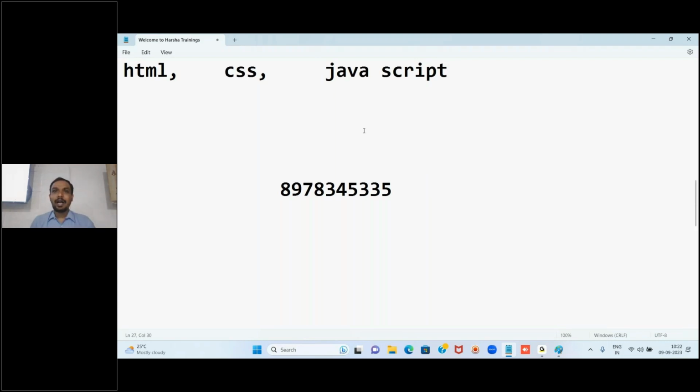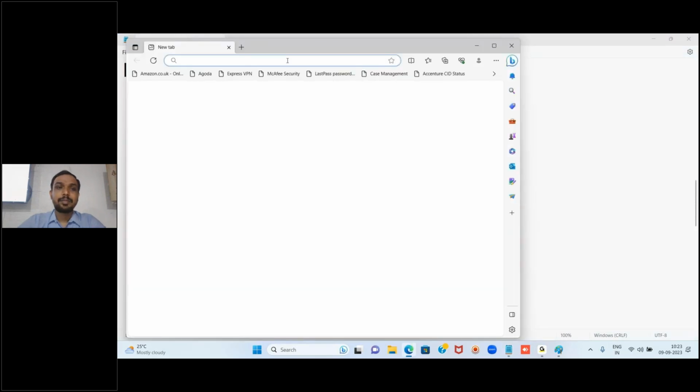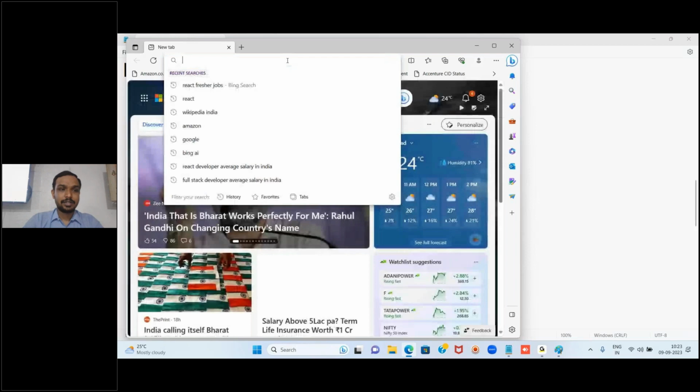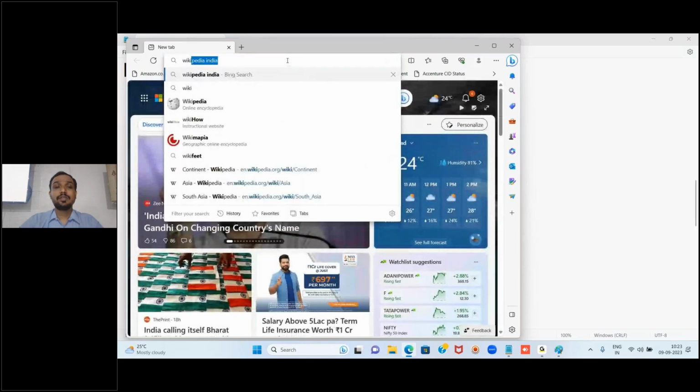Because all are together for the purpose of creating a web page. Web page together, website. Okay. What HTML actually will do here is, if you open any web page, what do we see? Some content. Yes or no? If you open a web page, what do we see? Obviously some content will be there. The purpose of the website may be different, guys, but what we see in any